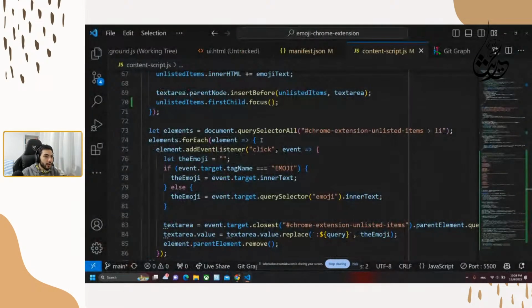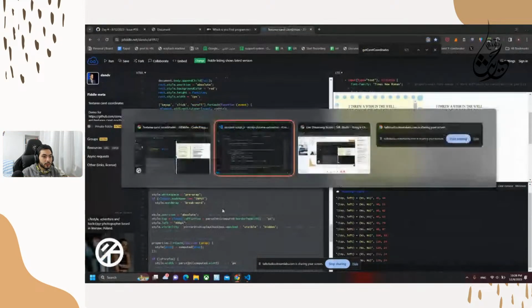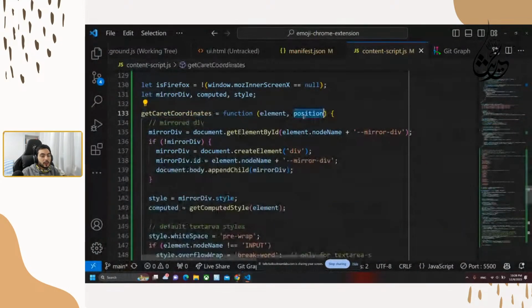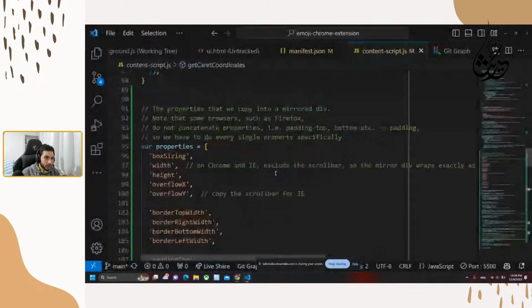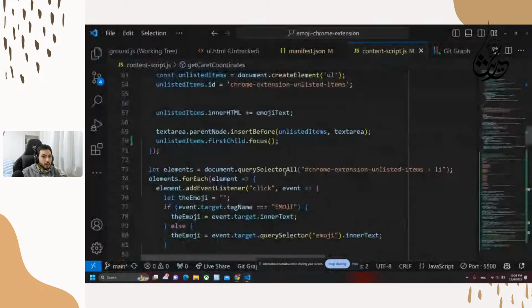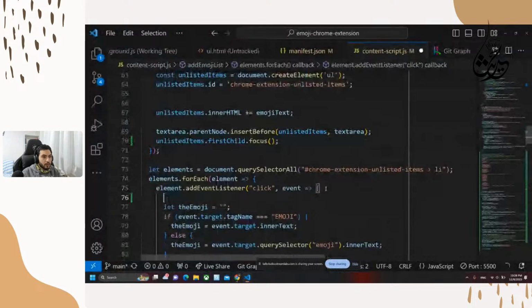And what other we have here, just give me a second. Position is going to be our selection end. So let's just go here. Let's call it